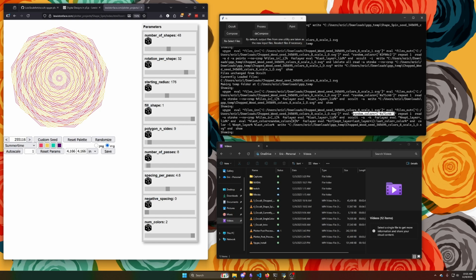So I just want to reiterate that occlusion and running the Occult plugin can be very time and CPU intensive. Large files can take many minutes to process, and there's no progress bar or indicator to show how far along it is. In addition to that, the Occult app itself,